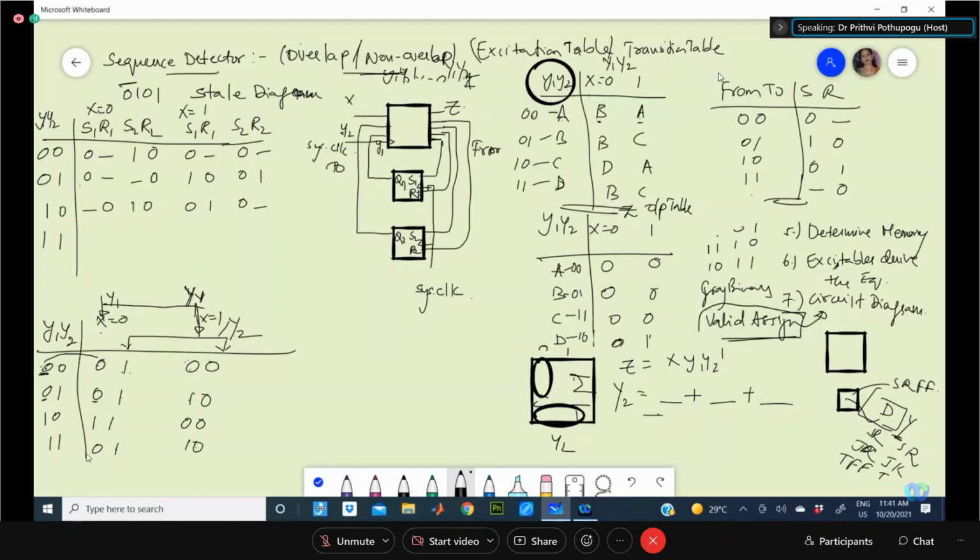This means 1, 0 and 1, 1. 1, 0. 0, 1. Next 1, 1. Don't care 0. Next take this 1, 1. Don't care 0. Next this is 1, 0. What is that? 1, 0, 0, 1. Now how you have to derive is here we will be taking the equations of